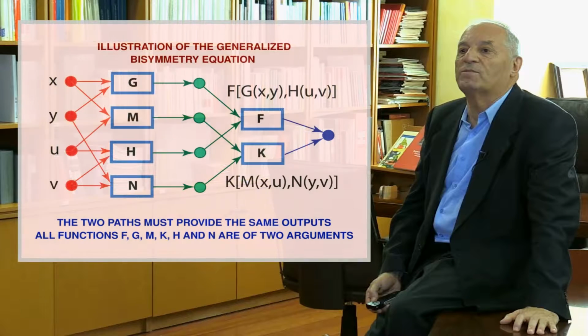We have added this transparency for the user to understand better the meaning of the functional equation. We have plotted in red color the input data and in blue color the output, so that we can visualize better the plot. The functional equation forces the results of two different processes indicated by the two functional expressions in the figure to deliver the same output.